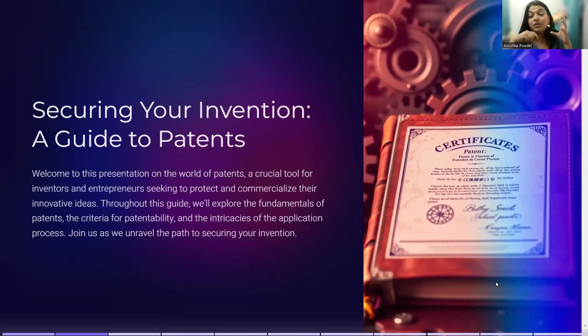So, a patent can be a method to secure your invention, so that the novelty that you have added to the society comes under your name, plus it is not taken by someone else, which comes under plagiarism. I'll also be discussing what plagiarism is, what the contents are that can be patented, and the things that cannot be patented will be discussed further. So we can understand a patent as securing your invention, a guide to patents.